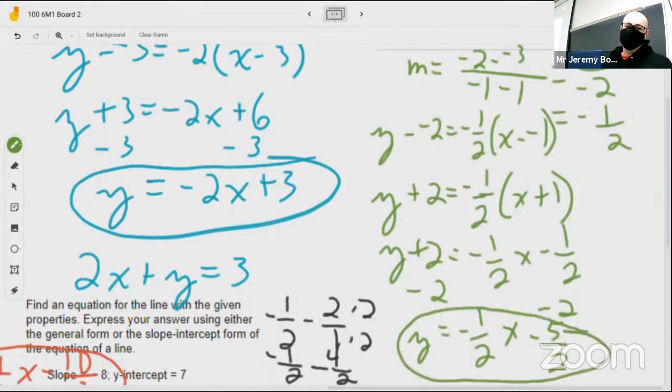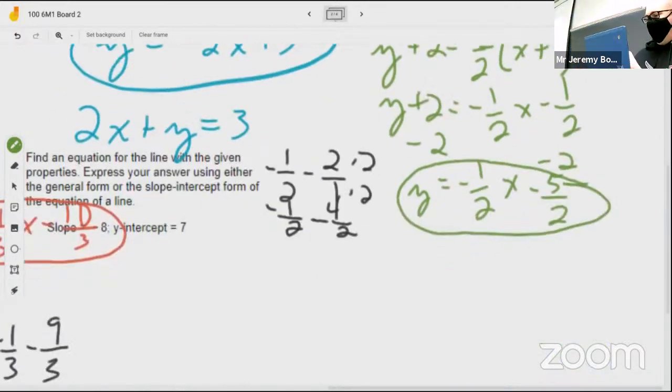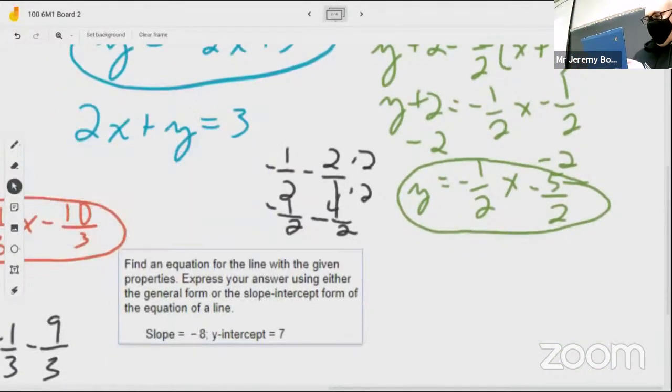And that's going to be our equation number 1. Any questions on that one? And the last one in this group,